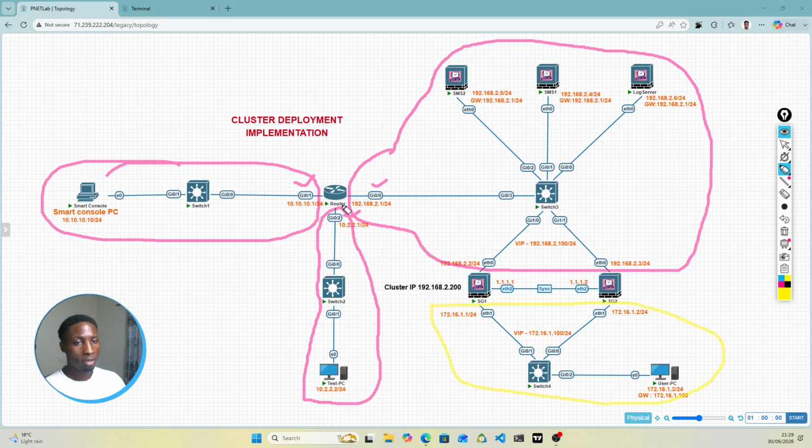So we need to actually create a route from here, telling this router that if it receives traffic that is destined for this particular network, it should forward it to this particular virtual IP here, because this virtual IP is just like the interface of these two firewalls, since they're now going to be acting as one. So if it gets here, definitely these security gateways here know how to reach this network behind here,